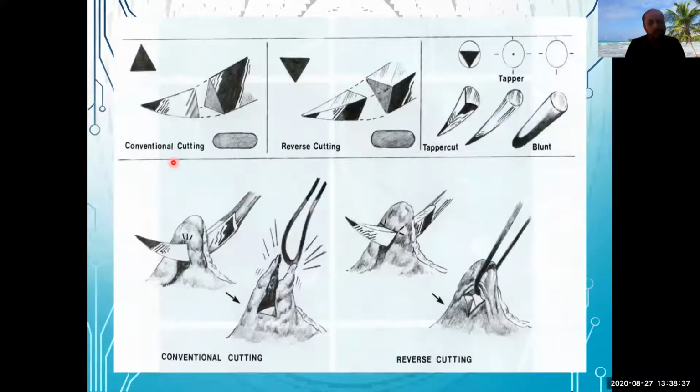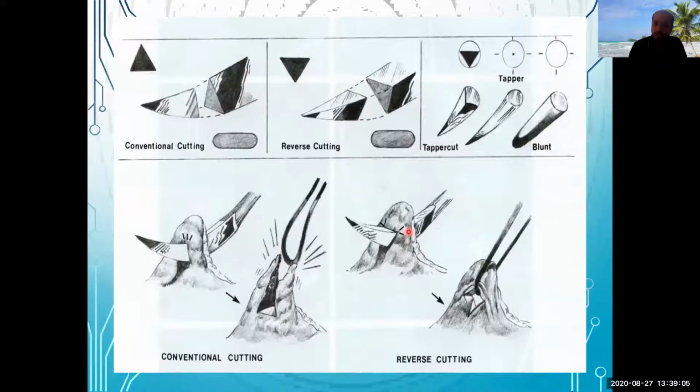See, if we apply a conventional cutting suture, then the inner part is the cutting part when we suture an edge. Suppose this is a skin edge, this is the edge part, we are using this. So the inner part is the cutting. Okay, so this part is damaged. When we apply the suture, after passing the needle, a little bit of tension may disrupt the area. For this only, this reverse cutting idea has come.